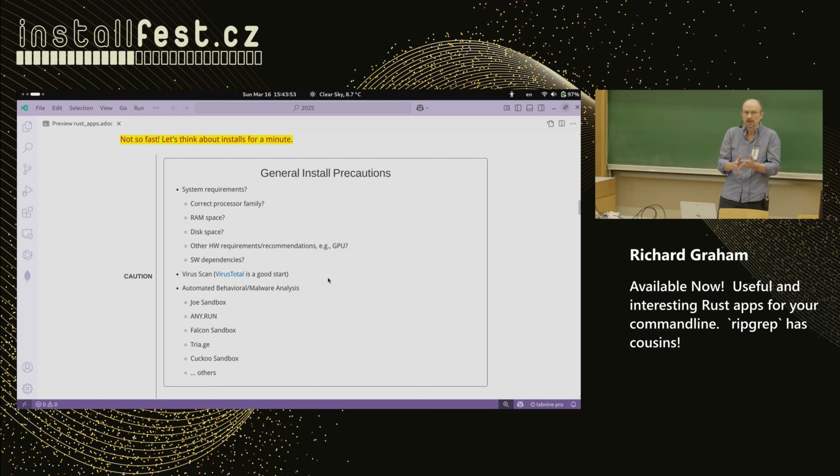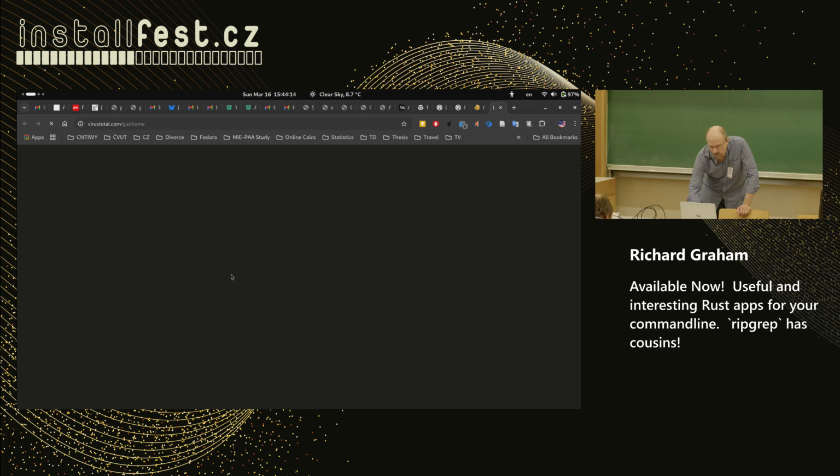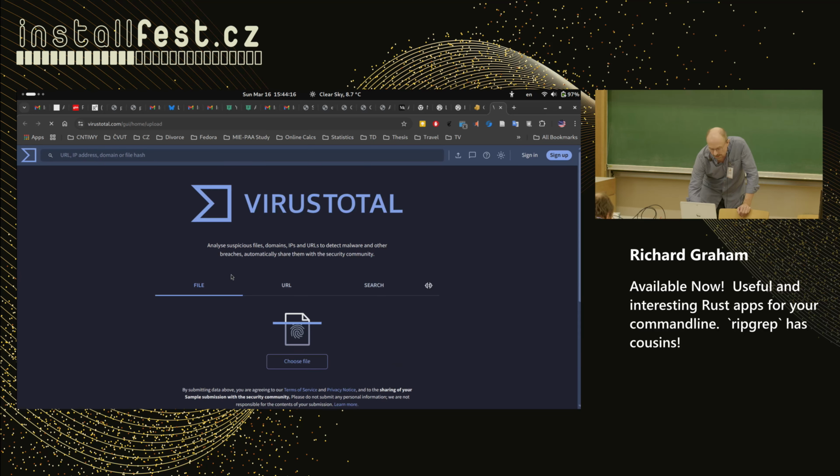Okay, one, is this something that you should even run on your computer? You know, if you downloaded an ARM app onto your x86, it's not going to run. So you should check to make sure it's the right kind of thing that you're going to download. You should virus scan it. And VirusTotal is a good place to start,